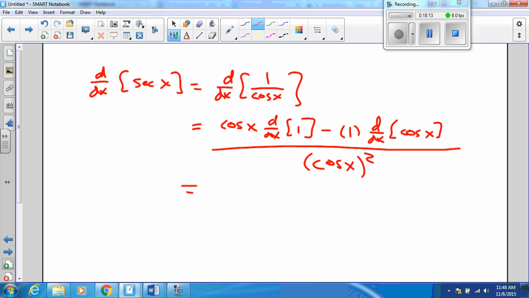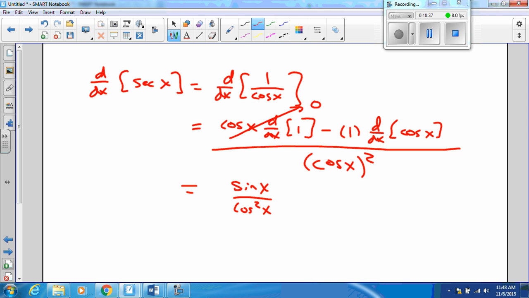Okay. This is interesting. What is the derivative of 1 exactly? 0. So this whole term goes away, exactly. And what is the derivative of cosine x? Negative sine. Times a -1? Cosine x. And so I get this result here, which is not nearly as elegant as the previous result. This is a perfectly good answer.